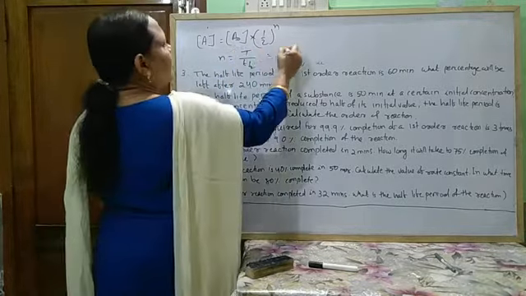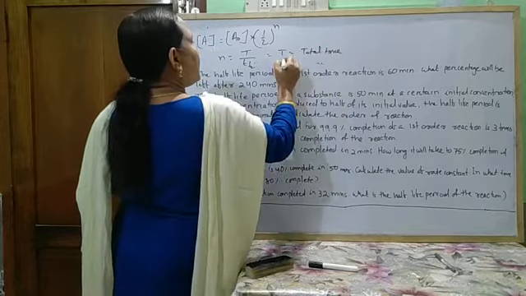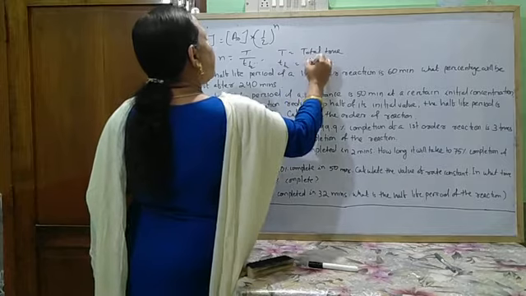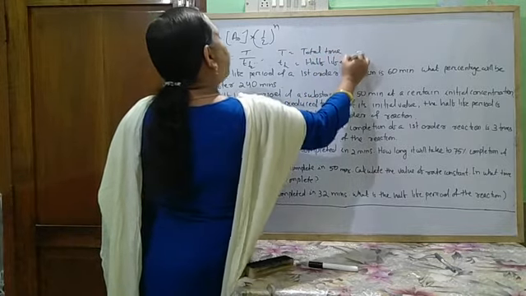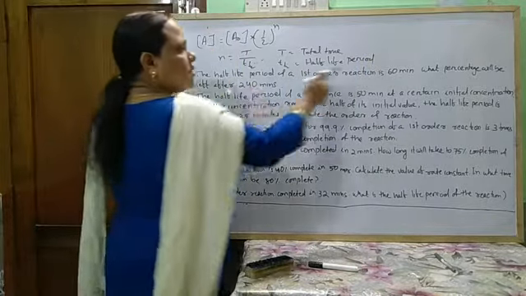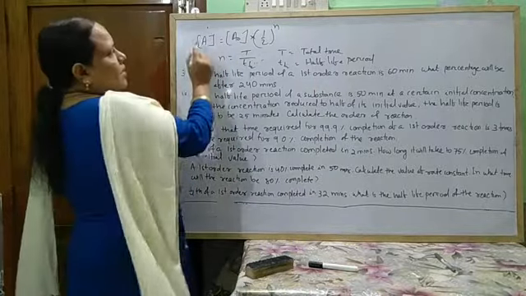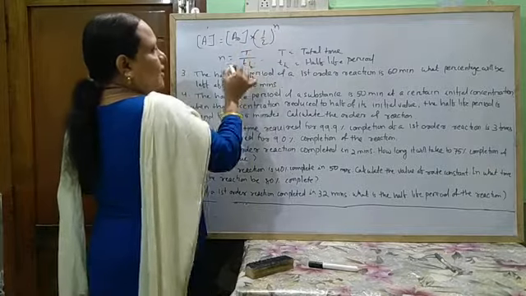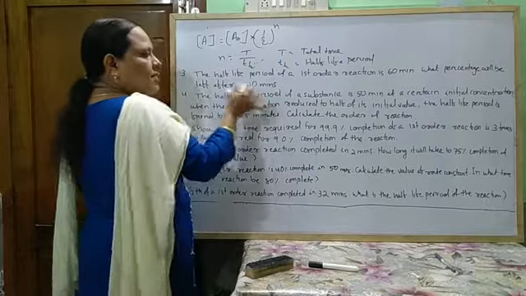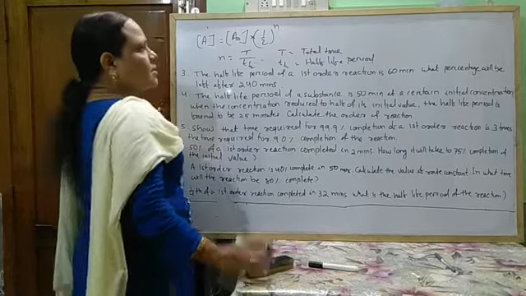So what is this t? t equals the total time, and this t half equals the half-life period. If the time is a multiple of this, then try to solve the question like this. So A equals A0 half to the power n, where n is t by t half, the total time. The total time given is 240, and this is equal to t. So how to find this? Look here.